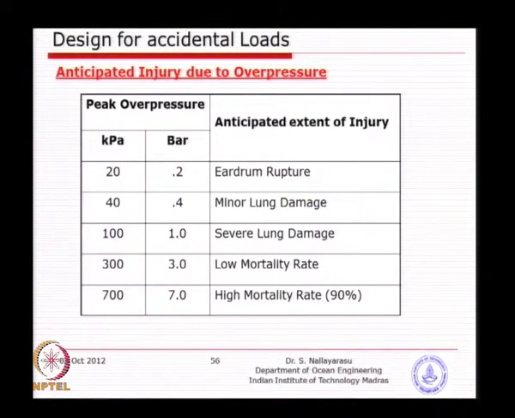So, if you look at 0.2 bar, that is 2 tons per square meter. Imagine, 2 ton per square meter is a very large loading, 20 kPa is a huge loading. When you design for 30 ton per square meter, possibly the heaviest load, the civil engineers may not have even seen such a loading. It may not be possible to design any structure for such a loading, especially when you want to design for gravity. So, that is where the problem will come.